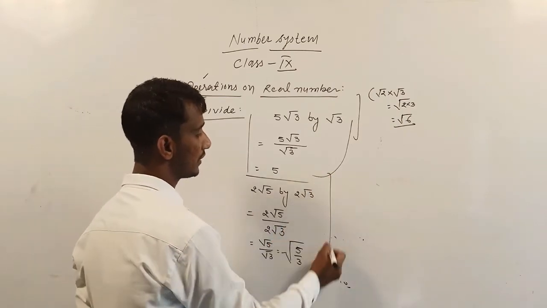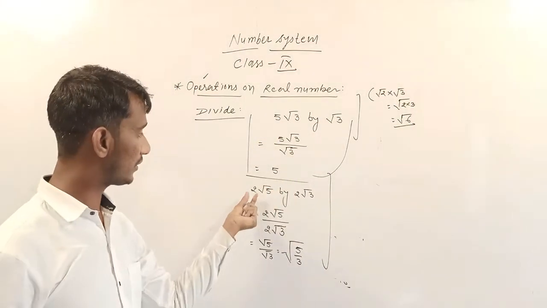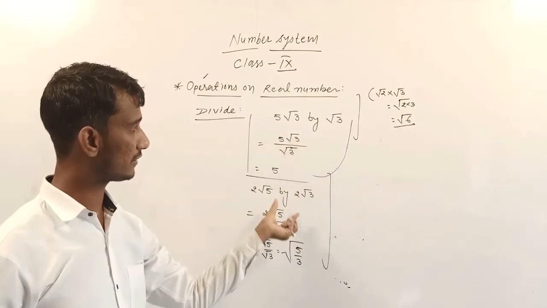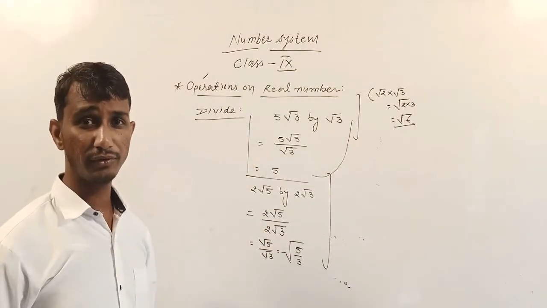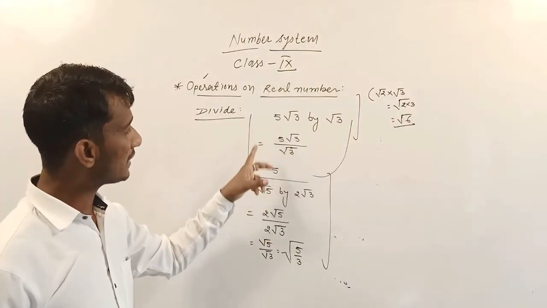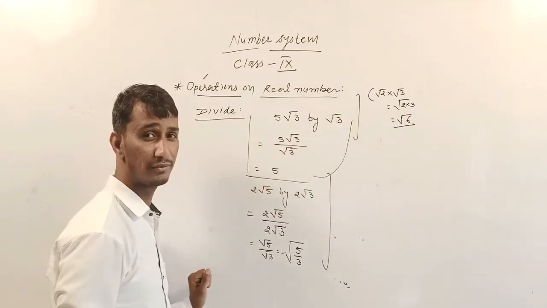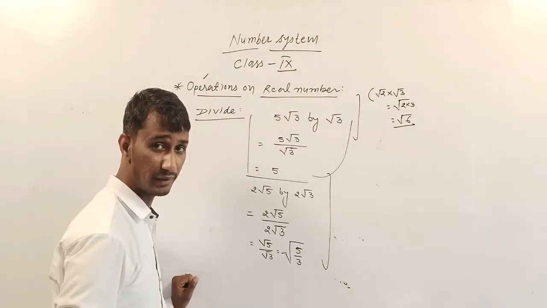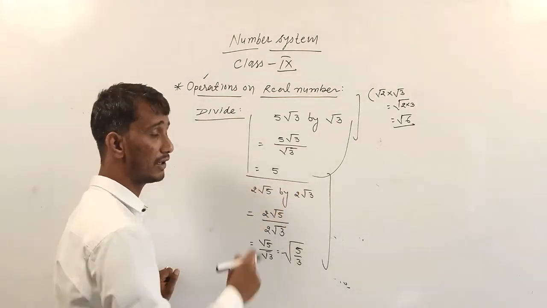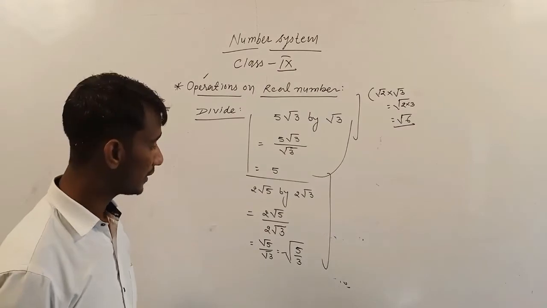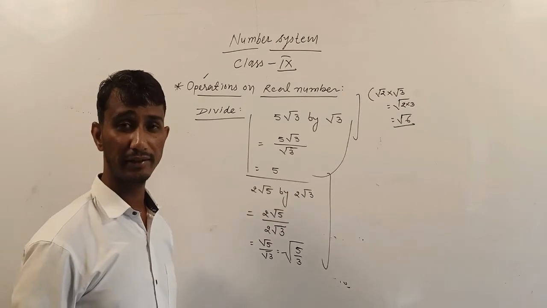Okay. Now, in these examples, this is an irrational number and this is an irrational number. This is also irrational and this is also irrational. So let's check them. Check the examples and make the fact. What are they saying? These examples are saying that if we divide an irrational number by an irrational number, the quotient will be rational, and if any irrational number is divided by any irrational number, the quotient will be irrational, meaning both facts arise.